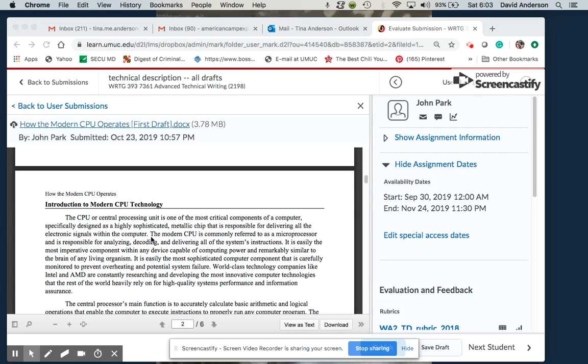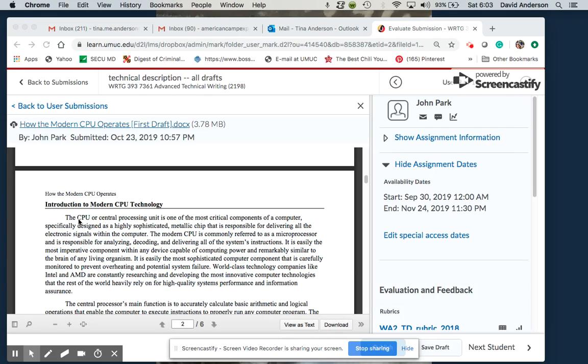First, remember, sentences need to be about a single idea. I realize the single idea here is the CPU, and you want to describe as many facets of it as possible. But let's remember that this is a technical description, and we need to keep things clear, concrete, and concise. The first element I want to speak with you about is